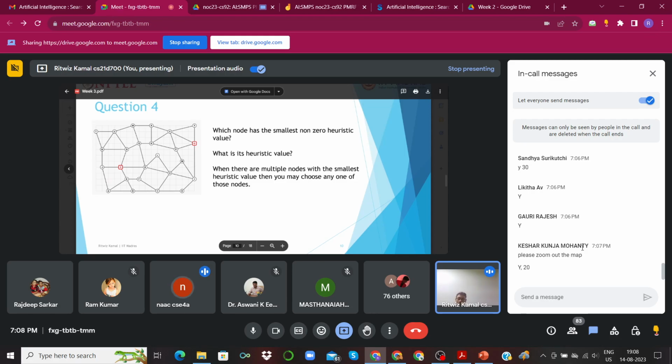Yes, sir. Here the problem itself is different. Here we are defining the heuristic value using Manhattan distance, which is the distance between two particular points on this map. In the 8 puzzle problem, we are already given a goal state.